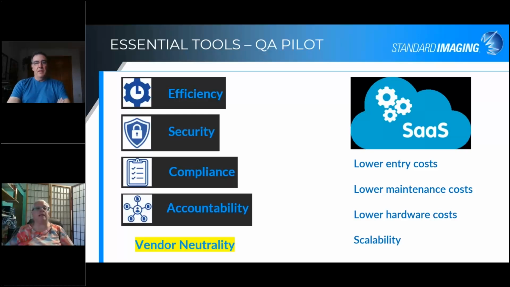So what is QA Pilot? It is a full software as a service. So there's not a big investment in a software package that you then have annual maintenance on. You're basically just paying the annual maintenance each year. And it is the consolidation and management of machine QA and other physics-related tasks,